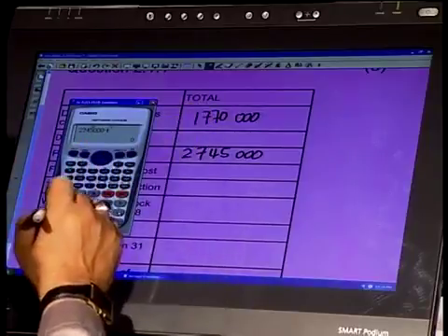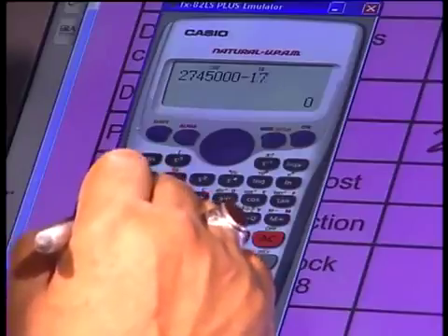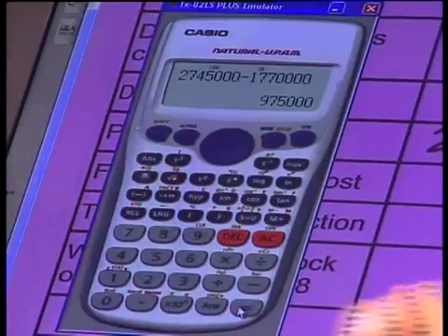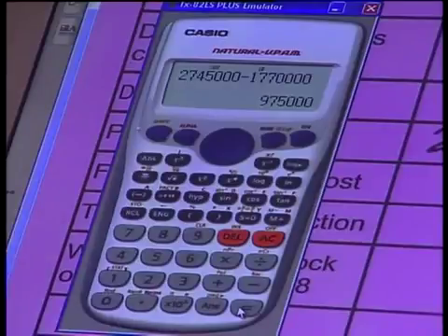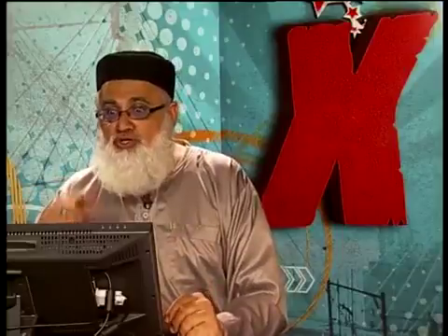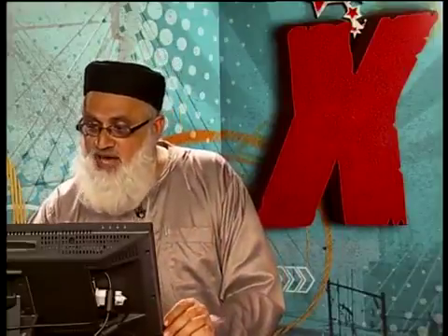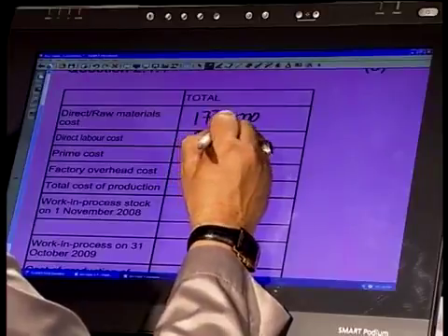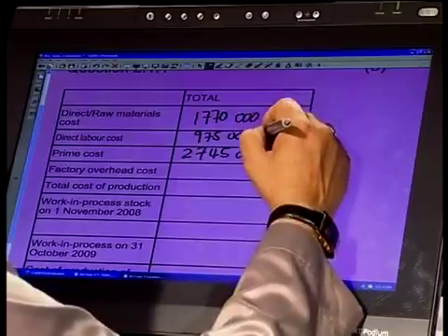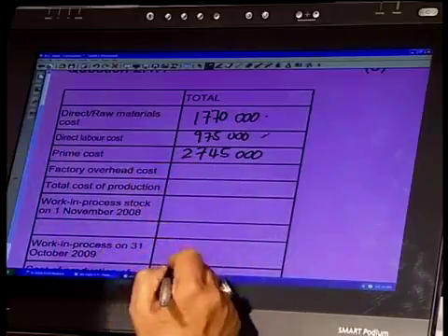This is what I do. I take my total, which is 2,745,000, and I subtract my raw materials, the direct materials, which is 1,770,000, which is equal to 975,000. Can you see what I've done? I had to do a calculation in order to calculate what? My direct labor, which is